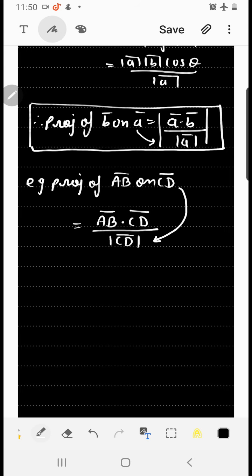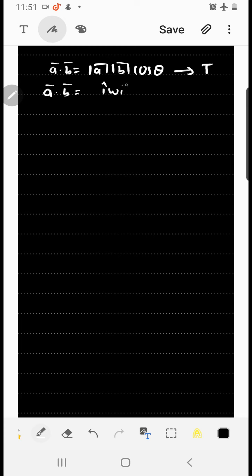Okay, so with this we are done with the projection concept. Now in this discussion, I want you to remember a few results directly. Number one is the formula a bar dot b bar is mod a mod b cos theta. This is the theoretical concept. What is the calculative concept? Can I say i with i plus j with j plus k with k? Okay, so this is your calculative concept.